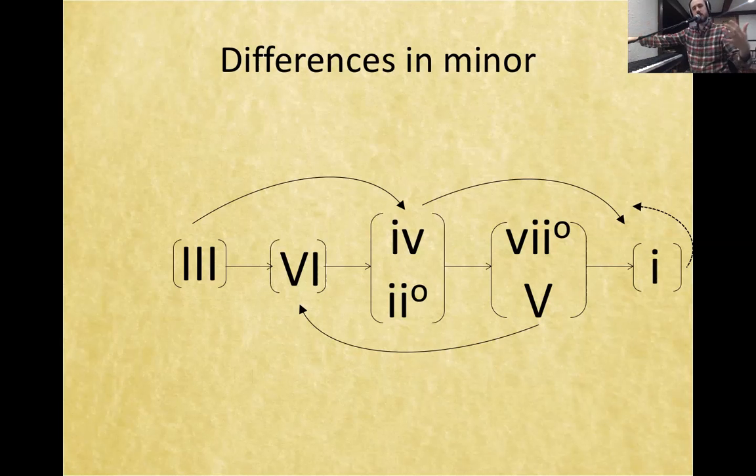So this is effectively the same chart that we had in major, just with different qualities of chords. But if we add this 7 on the beginning, as we mentioned on the last slide, it's got a whole new element to it, because we have 2 versions of 7. We have the leading tone 7, that's a dominant chord, and way out here in the hinterlands of the progression, we have the flat 7 chord. And the thing that I really love about having that is that flat 7 to 3, as we said, it has a strong circle of fifths relationship to 3,